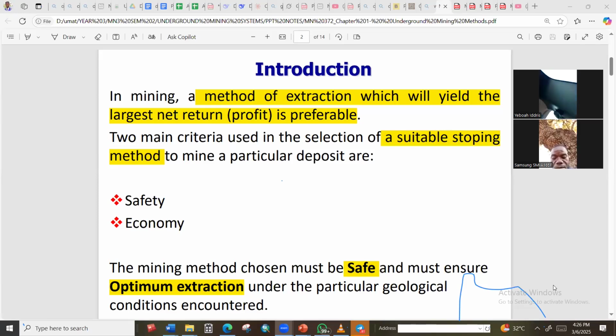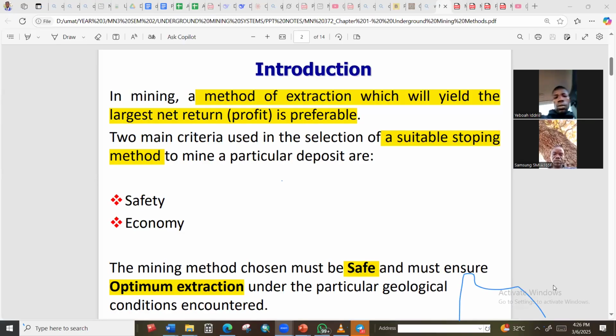All right, so underground mining. As we discussed earlier, we have methods of extraction, or methods of taking our mineral of interest from the earth's crust. We have done the surface mining systems, or extracting our mineral of interest using surface methods, and then we also have underground mining methods. So today we are going to look at how we can extract our mineral of interest using the underground mining